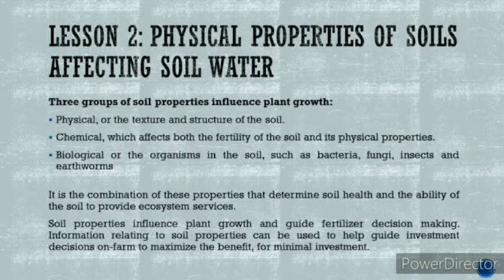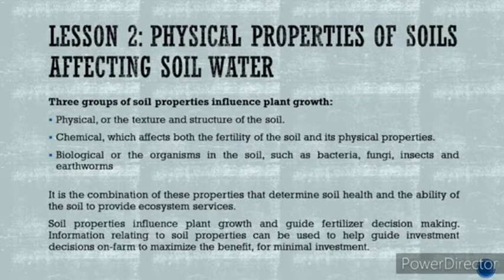Three groups of soil properties influence plant growth. Physical, or the texture and structure of the soil. Chemical, which affects both the fertility of the soil and its physical properties. Biological, or the organisms in the soil, such as bacteria, fungi, insects, and earthworms. It is the combination of these properties that determine soil health and the ability of the soil to provide ecosystem